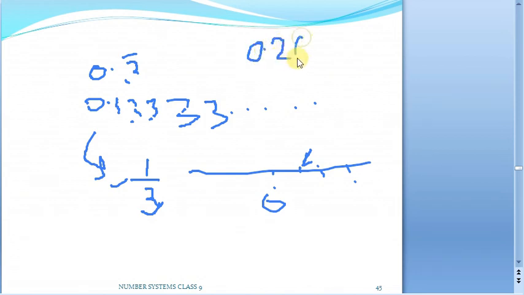So for sure, suppose our number is, let us say, 0.26 bar, 26 repeating. If this is the number I have to represent on the number line, in the repeated magnification method they will be asking for 4 digits, 5 digits like this. But suppose it is like this, can we write it as 26 by 99? This is how I am writing from the previous class. Suppose you remember, I told you how to directly convert these forms into this particular rational form. That means it will be 26 by 99.